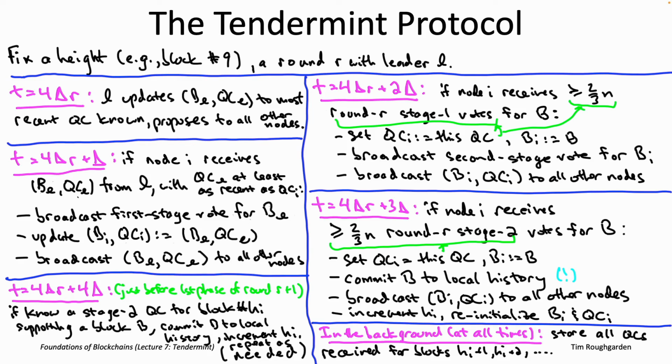Now we've talked about intuition about why you might hope some protocol like this might work, but let me emphasize it is not at all obvious that the Tendermint protocol satisfies consistency or eventual liveness when less than a third of the nodes are Byzantine. And you really should demand extremely careful proofs of both of those properties, which is exactly what we'll be supplying in the next couple of videos. Frankly, it's actually hard to imagine even coming up with all of the details of this protocol unless you were simultaneously, with designing the protocol, also writing out the proofs of its key properties of consistency and eventual liveness.